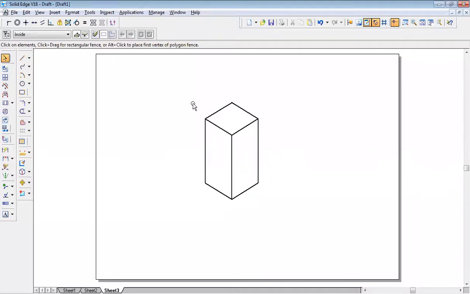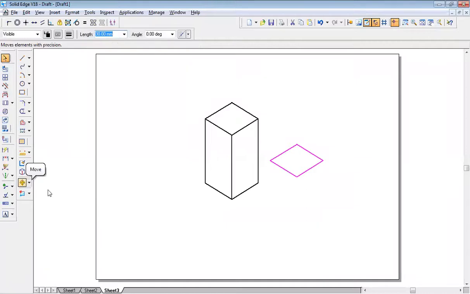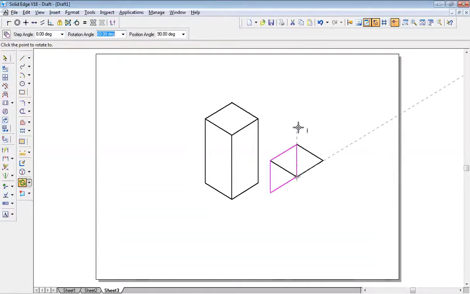Now just to see how I'll do this, select the top face. This sleeping solid is also 30 by 30 square only, right? And this is also 30 by 30 square. Select the top face, go to move command, switch on the copy option, take it to a side. Now observe how I'll do. Go to rotate command. Okay. Taking this as a center, this as a radius, if I tilt this 90 degree like this, I'll switch off the copy option.